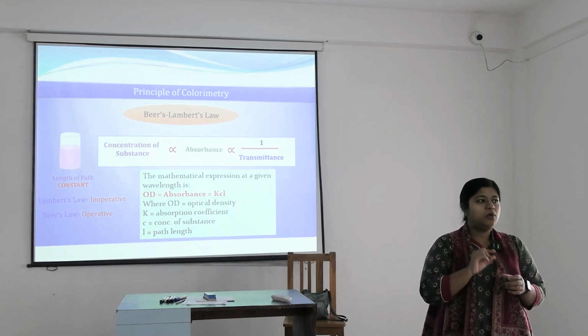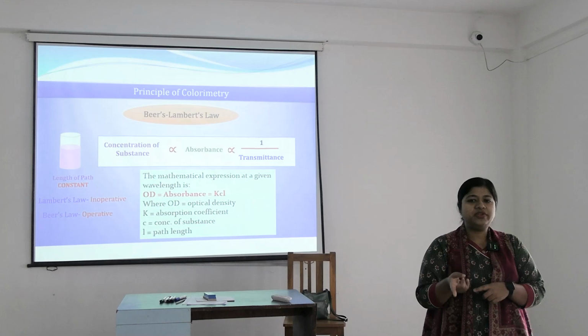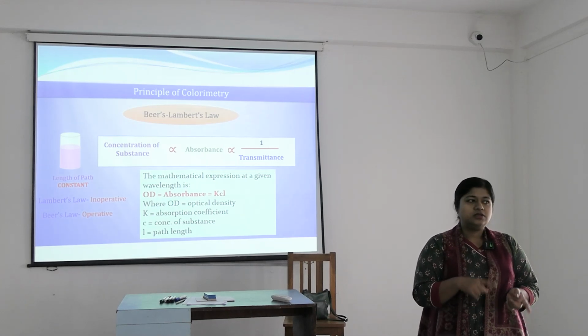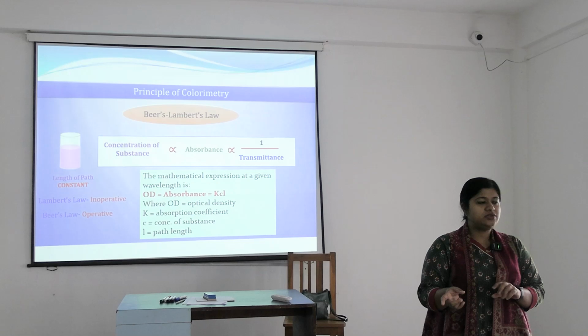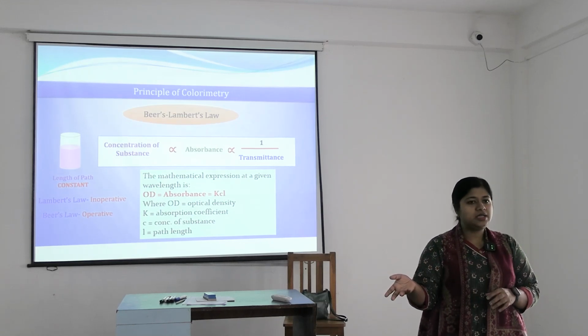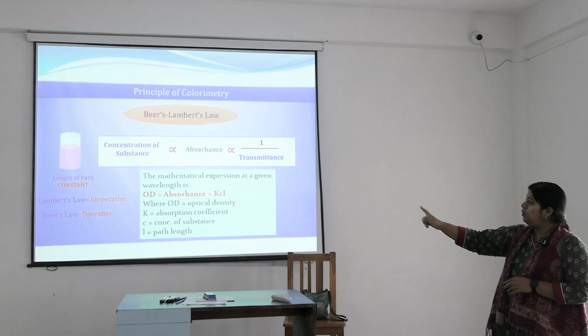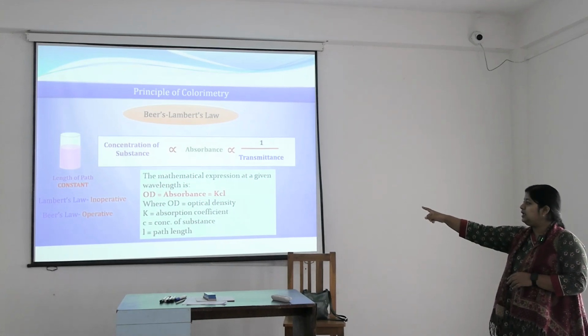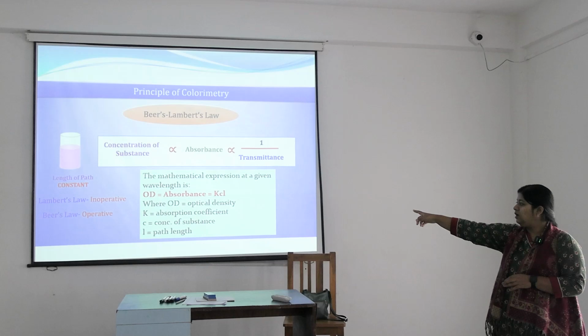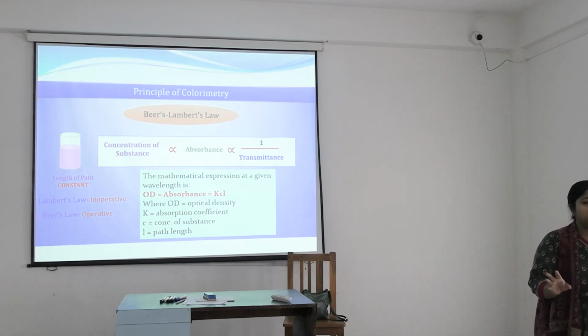Now only the concentration variation will change the OD or the absorbance. So from that change of concentration of known solution and unknown solution, we can easily measure the concentration. So OD or absorbance is equal to, we can write KCl, where K is the absorption coefficient of